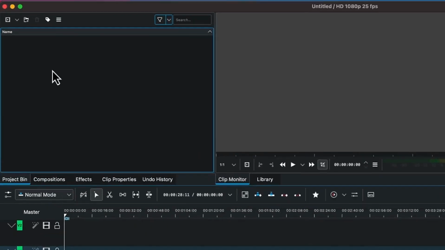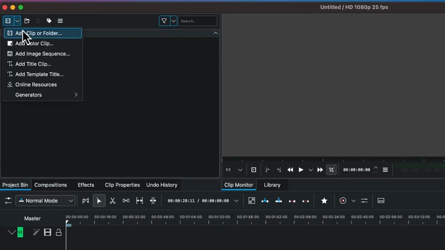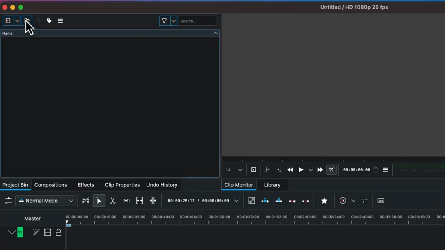So the first thing we need to do to get started is to import some media. You can do that by coming over here. You can say add clip or folder, or you can add color clip or thereabout. You can add titles or thereabout. You can see the different kinds of additions over here. So for example, let's say we're adding a simple folder over here, and we can give it a name, trial,